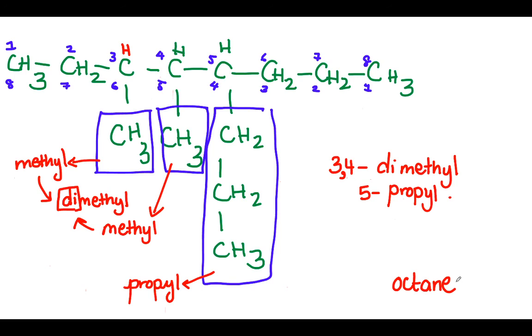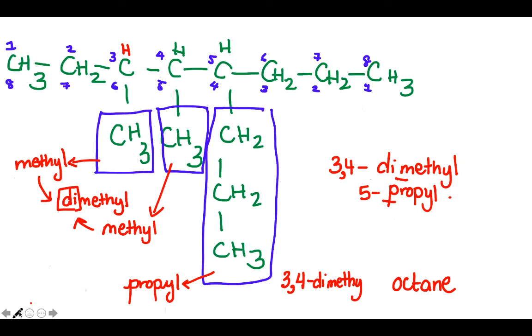My full name for this organic compound is going to have the side groups and the parent chain all put together. I always want to arrange my side groups in alphabetical order, right? So L, M, N, O, P. So M comes before P. And these di, tri, whatever your prefixes are, those don't count in the alphabet ruling, right? So you just look at the M versus the P. So the methyl comes first. So I'm going to write 3,4-dimethyl.